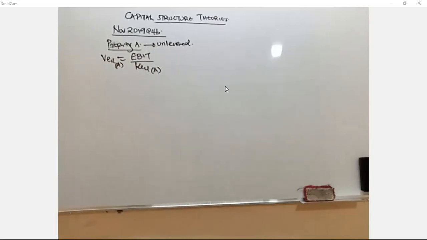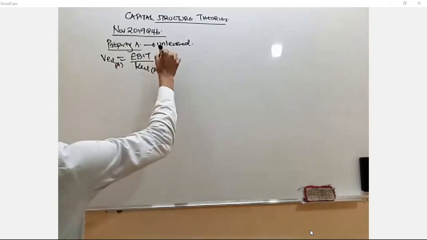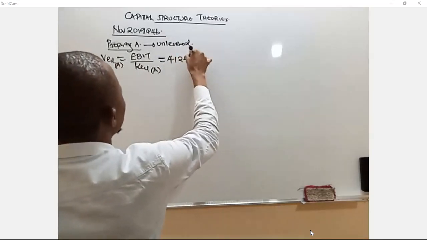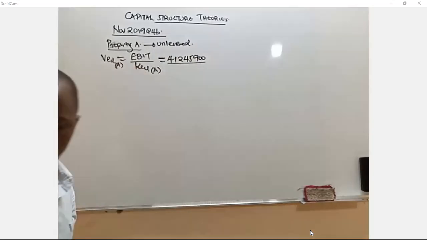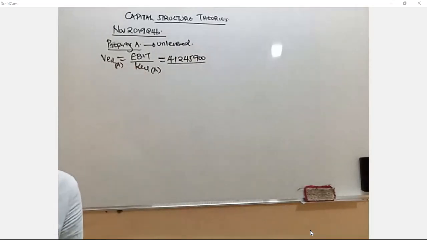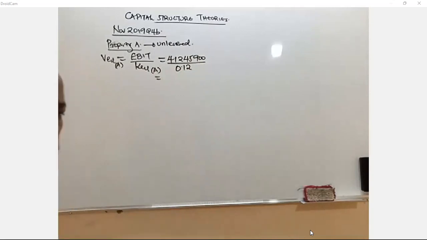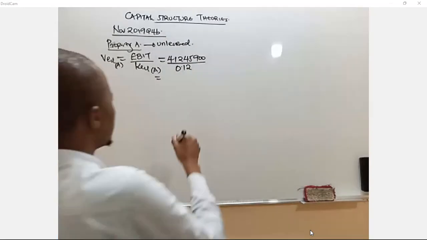So how am I going to get my solution here? The examiner has already provided you with the earnings before interest and taxes amounting to 41,245,900. We divide by the cost of equity. We have already been told that the cost of equity as per the question is 0.12. What is the value of this property A? I take 41 million 245,900 divided by 0.12, getting something closer to 343